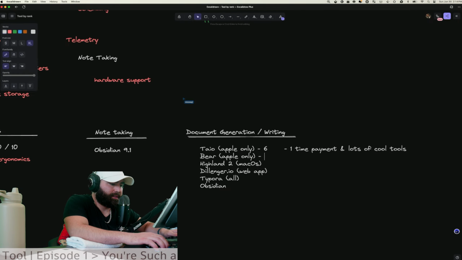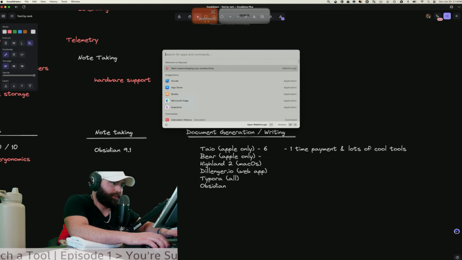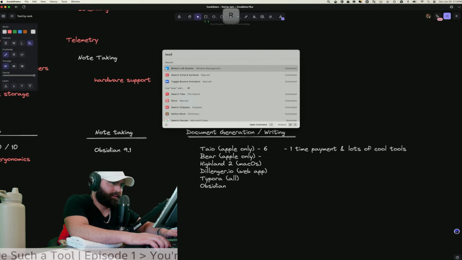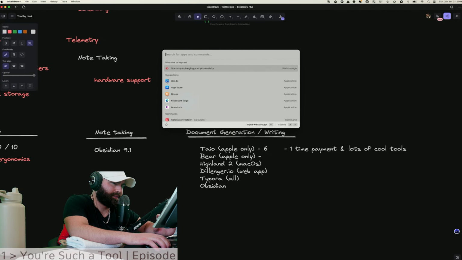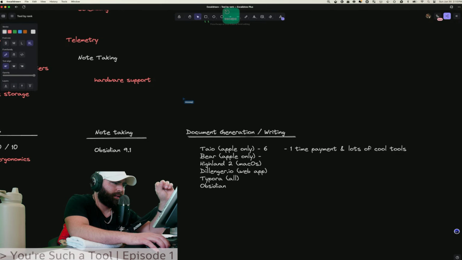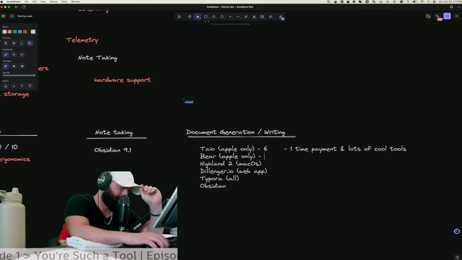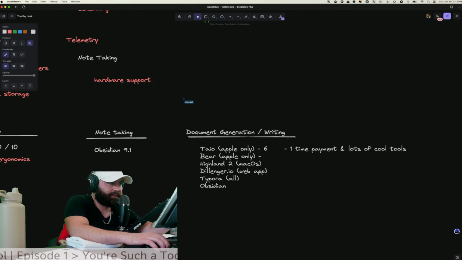Bear is pretty cool, and it's popular. I think I uninstalled it actually because it was one of those where I kept falling into this trap because it's fun to use. It's really fast, but it's also a bit limited in the sense that it's tags only, so that can get a bit cumbersome. You can only organize things with tags. It's very fast, but it also doesn't use raw text. It uses a local SQLite database and it syncs it that way.